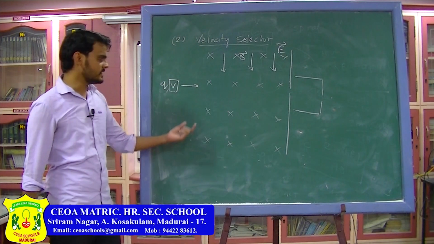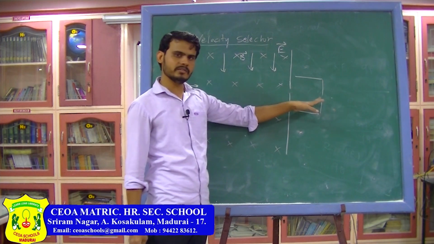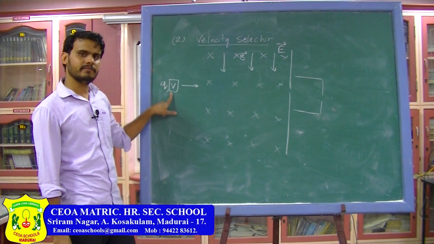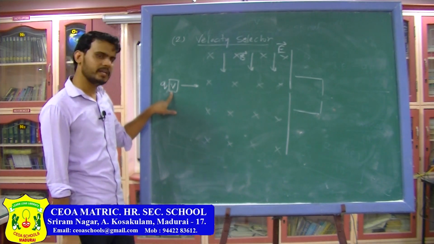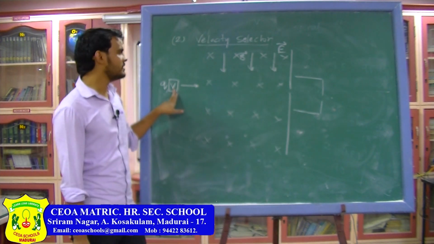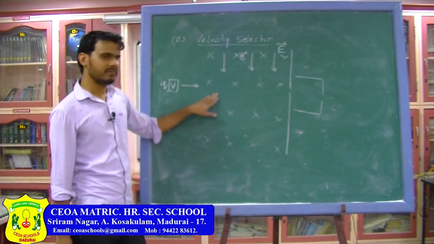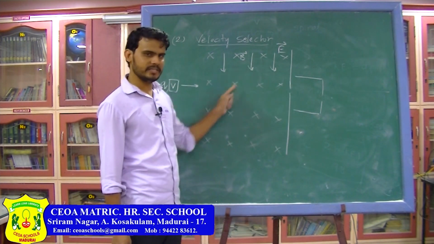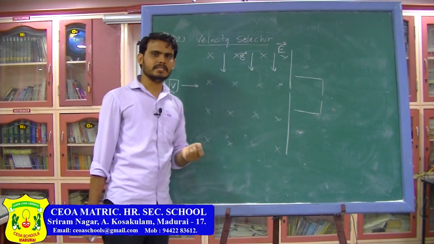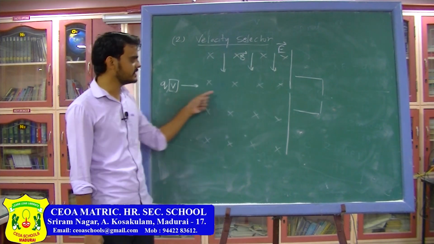again the construction is slightly complicated. You have a wall, there is a hole in the wall, and you can collect all those particles, or you can use them for a further experiment. You want the particles which have a particular velocity. You can only collect these particles when they pass through this hole. These particles will pass through this hole only when they are moving on a straight line. If you are only using a magnetic field, then the magnetic field will change the direction of velocity. But if you are using a magnetic field and an electric field, there is a special situation. In that situation, the total Lorentz force on the particle will be 0 and it will move on a straight line.